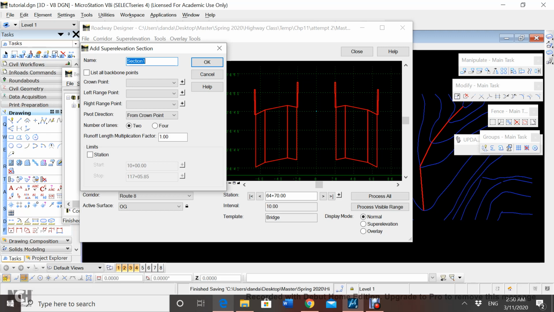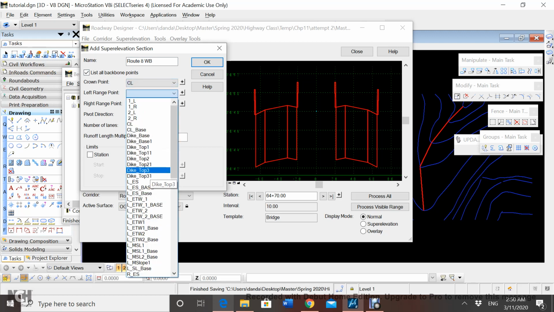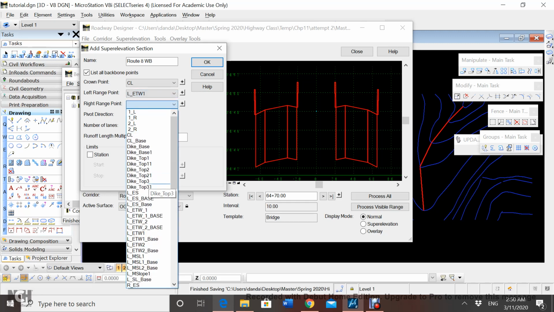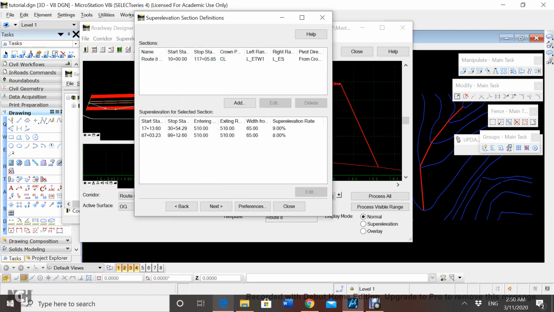So for the first section, we're going to do the Route 8 westbound. So we'll be adding this one, and then here it should be the center line, and then from this one we're gonna use the left ETW1 and then the left ES. After doing that, we're gonna click OK, and then we're gonna have it here, and we're gonna add also